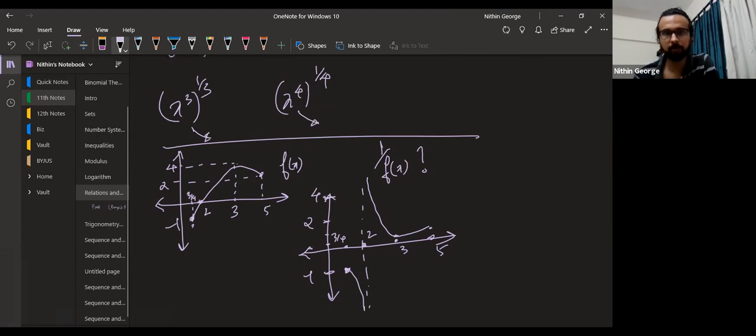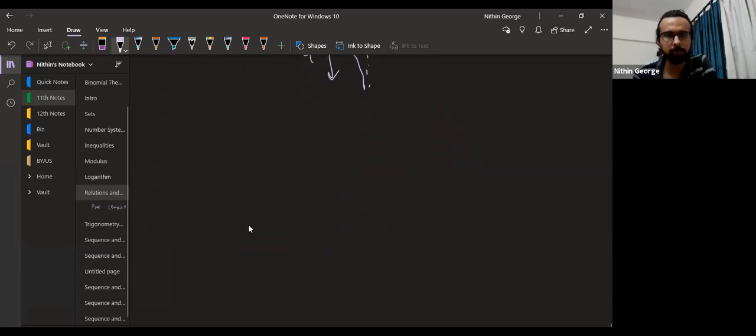So wherever f of x becomes 0, at that point, it won't be defined. If it was negative before, it will go like this. If it is positive after, it will come from infinity. Got this? This is how we draw the graph of any function's reciprocal. If you have any doubts, please ask. We'll continue. Okay, I'll give you a function now. Please draw the reciprocal. Draw the reciprocal of this. Come on.